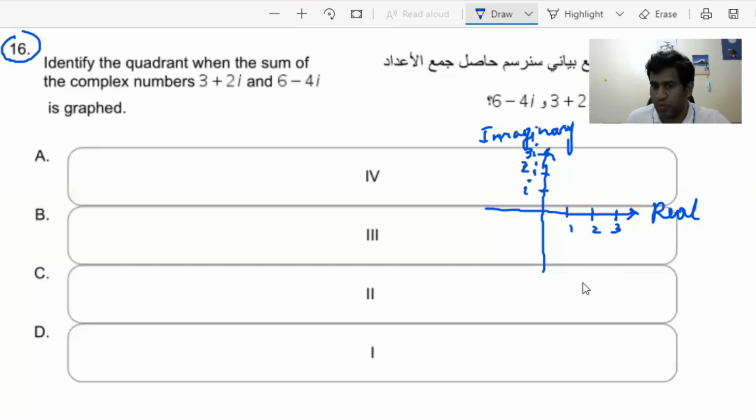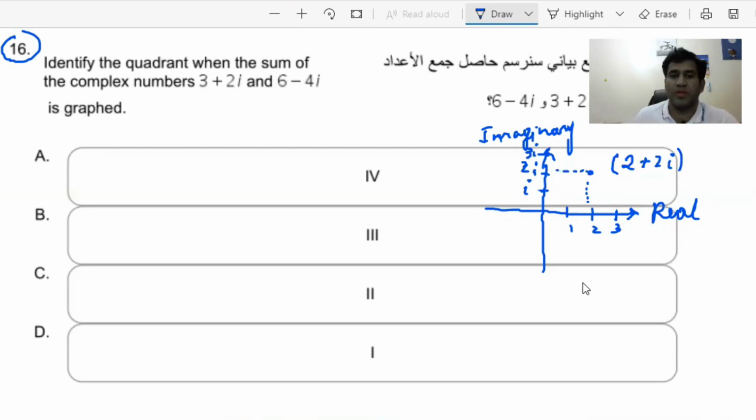Suppose I want to talk about this point, where x is 2. The real number is 2 and the imaginary number is 2, so we write it as 2 plus 2i. Whenever we write the real and imaginary number together, we write it as 2 plus or minus 2i, depending on which quadrant it is in, not as 2 comma 2i. 2 comma 2i is how we represent it in coordinate geometry, but here we have to write it as real plus imaginary